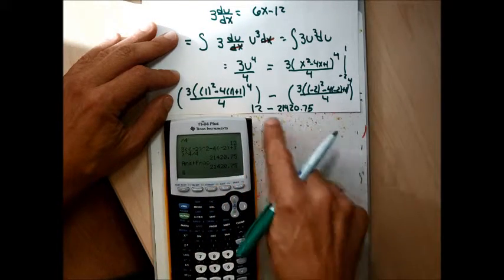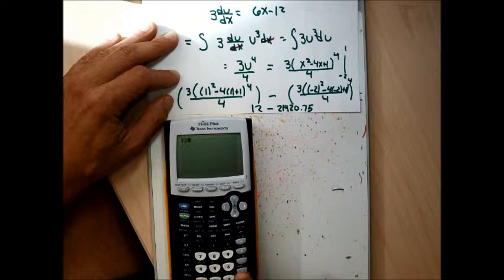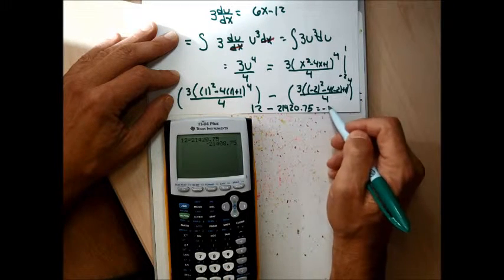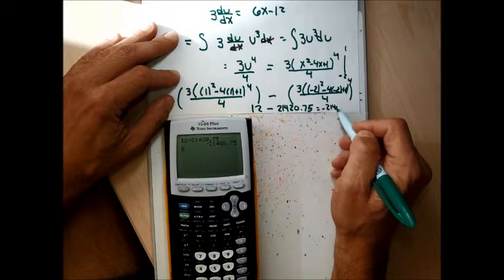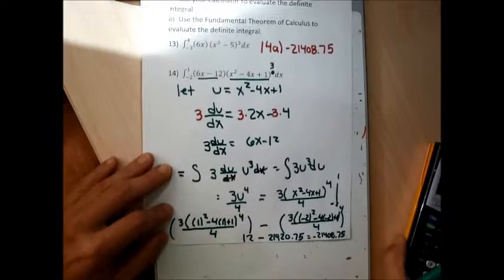And now to get my final answer, I just have to subtract these two, clear out my main screen, and go 12 minus 21420.75, and I get negative 21,408.75. So my answer to part B,